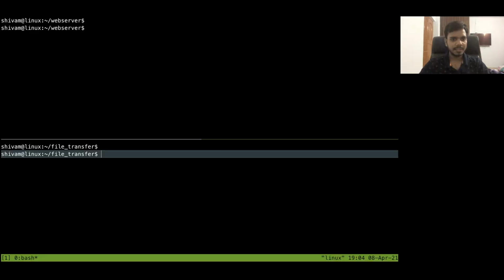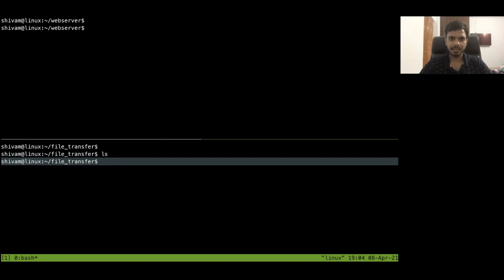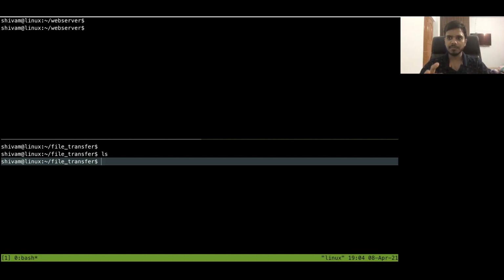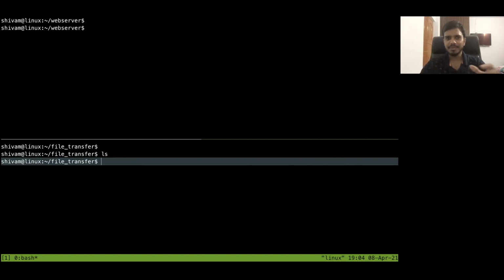Okay. See here, I am in a new folder called file_transfer, and there are no files in this directory. So I am doing the copying on the same system, I mean, between two different directories on the same system. So I'm copying one file from one directory to the other. I mean, you can also do this using the cp command, but I'm just showing you an example that using the ANSI command also you can do.